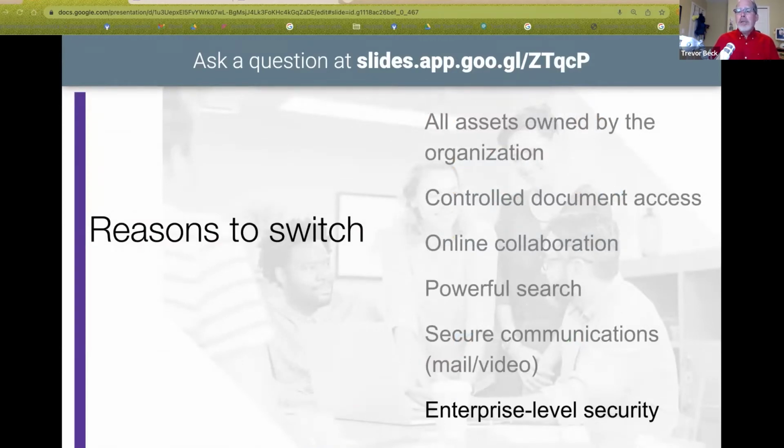Enterprise level security means your organization's data is safe and protected. And anytime there are new patches or updates available, they're automatically applied by Google right through the browser. So it has nothing to do with updating your computer. Your computer doesn't change. It's just a web browser. It's just a window. But what goes on in the back end on the Google side of things, they update that right away. And they keep up to date on those things a lot because they are charging other people money for this stuff. This is a paid service. So they have to make sure that the information stays secure and is not easily accessible.